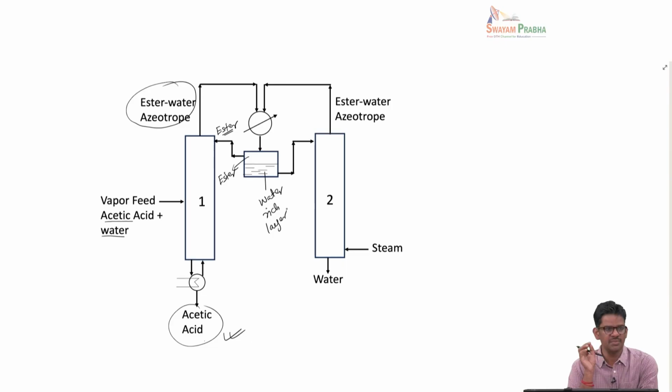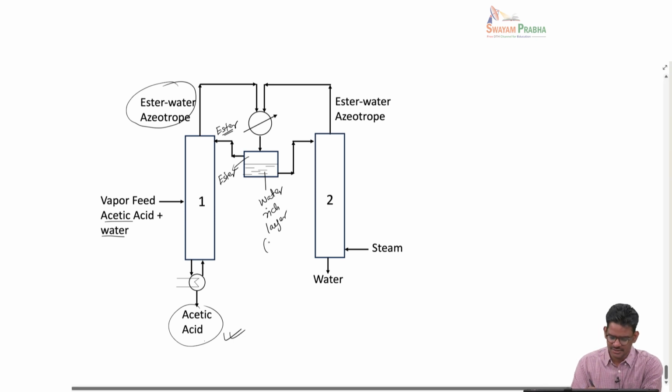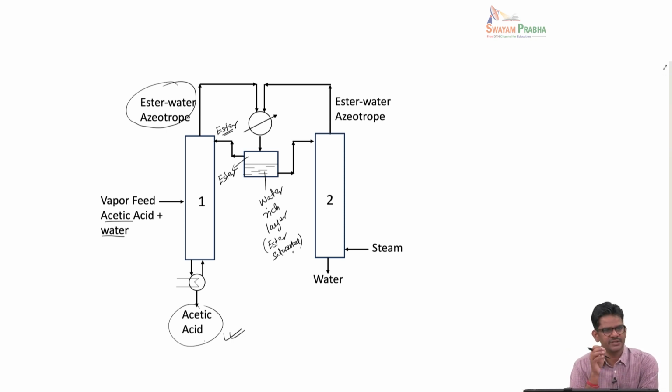One part will be rich in ester with a very little amount of water and very little amount of acetic acid. The bottom layer would be water rich with a very high amount of water, very little amount of ester and acetic acid. In fact, the ester is saturated in this solution, meaning it will contain as much as it is soluble. Similarly, the ester layer will have an amount of water based on the solubility of water in ethyl acetate. So, once you have this, you basically send the top layer, the ester rich layer, as a reflux to